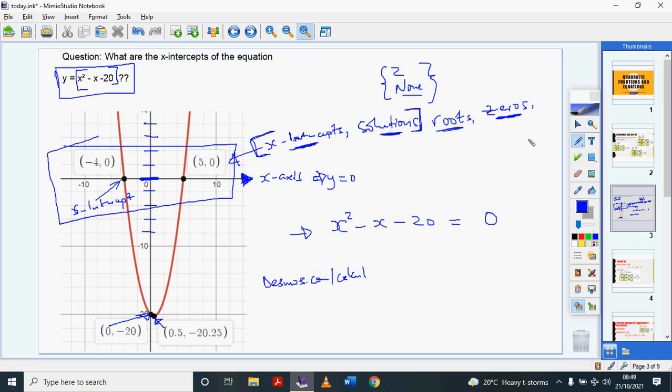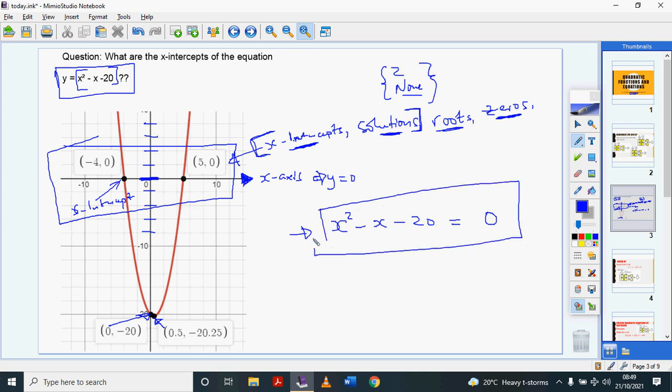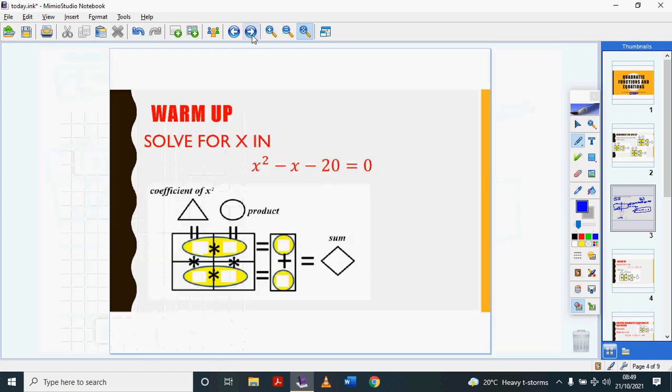But the point of this lesson is to try to see how we can use analytical methods to find those x-intercepts, right? We don't always have to draw a graph. We can use analytical methods to find those x-intercepts, and you're going to be tested on this a lot. So when we want to solve for this quadratic equation, what we do first